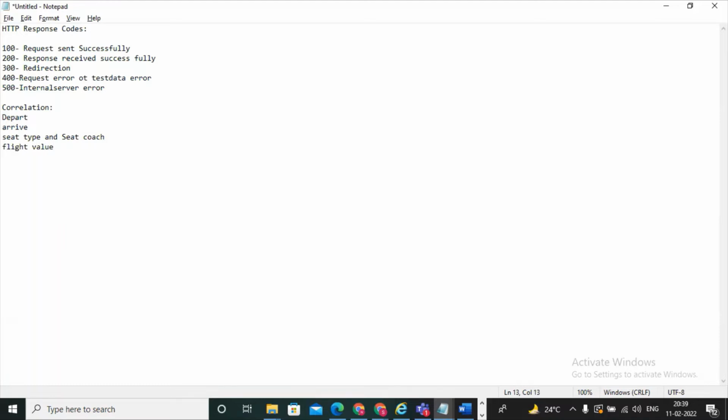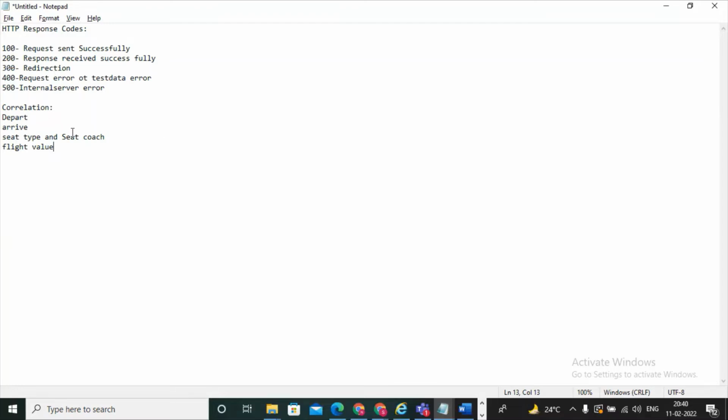These values will be changing every time, depending on the user. Is that correct or not? Not everyone goes to the departure area and goes from London to Paris only. It's not right. Everyone can book different cities. Someone is going from Paris to London, someone from Paris to Los Angeles or London to somewhere. So everyone goes to different cities. At that time, what will happen? Some values will change dynamically. That is why we are doing correlation.